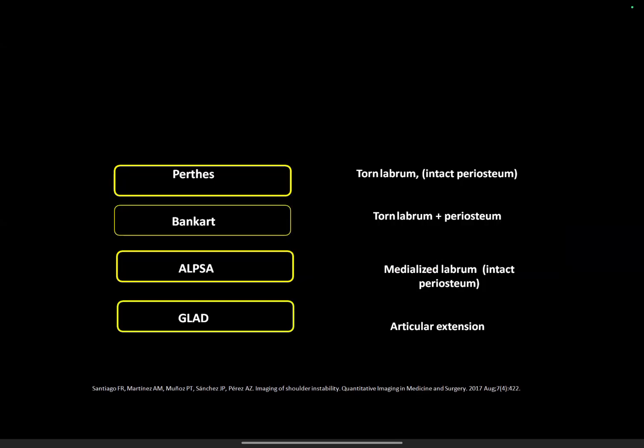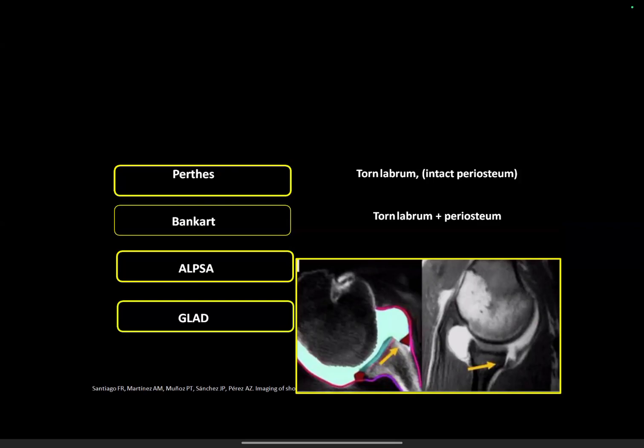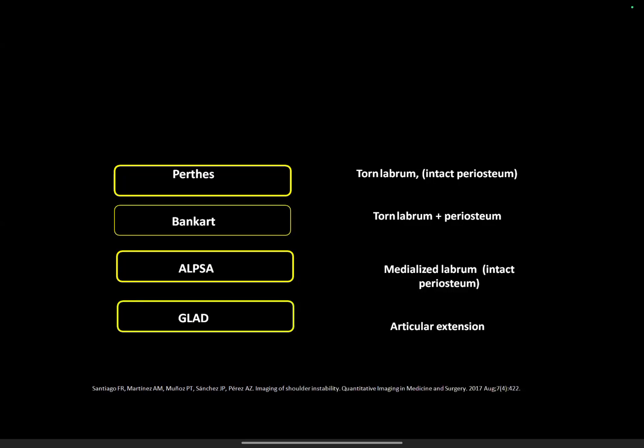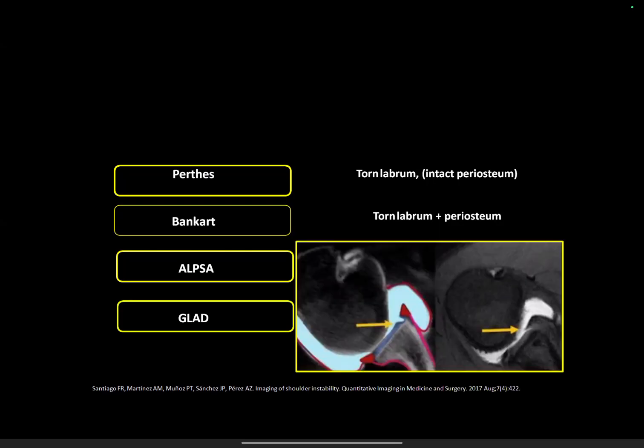Or we have ALPSA, when it's basically a medialized Perthes. So basically, we have disruption of the labrum. However, it medializes, and the periosteum is still intact. GLAD is basically when we have articular extension, and the literature showed that GLAD lesions don't increase the likelihood of instability. But I just thought of mentioning it since we're talking about types of labral injury and what they are